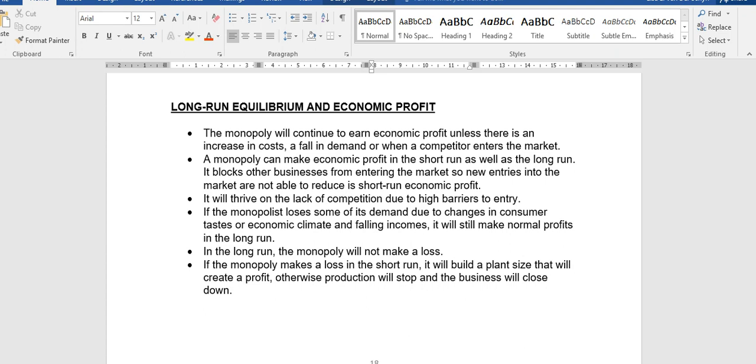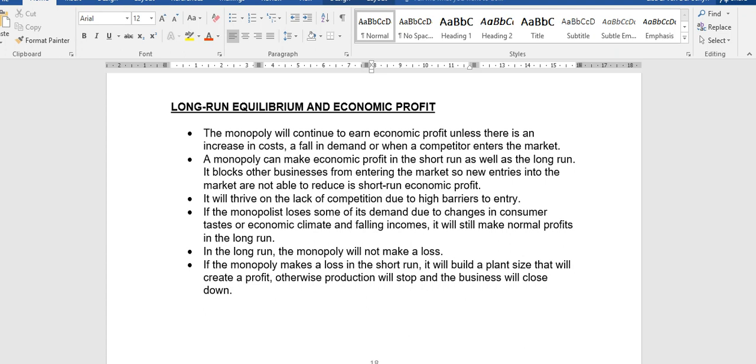All right. Otherwise, in the long run, if a monopoly is making a loss, he will leave this industry. Now he will close down. He will be liquidated. He will do whatever. He will withdraw his investment out of this industry and he will go and make an investment elsewhere. A monopolist will not stay in an industry if it is not profitable. All right. So either he's going to manipulate the prices to be profitable once again, or he's simply going to close down the business and leave the industry.